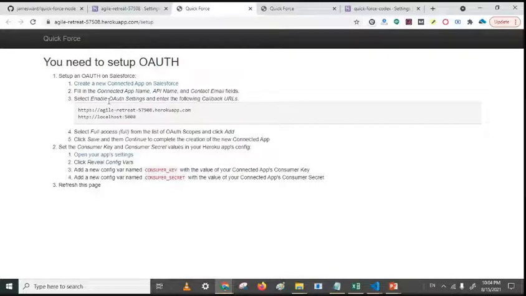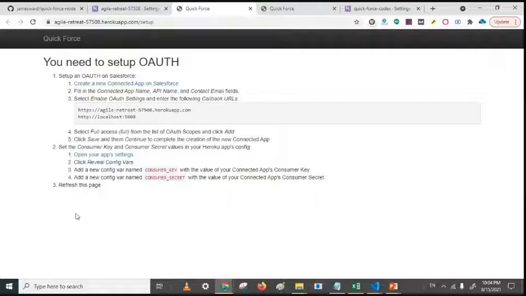You have to show the authentication details, how this application will be connected with Salesforce. Any external application that wants to connect with Salesforce needs a connected app. So let's create a connected app in Salesforce.